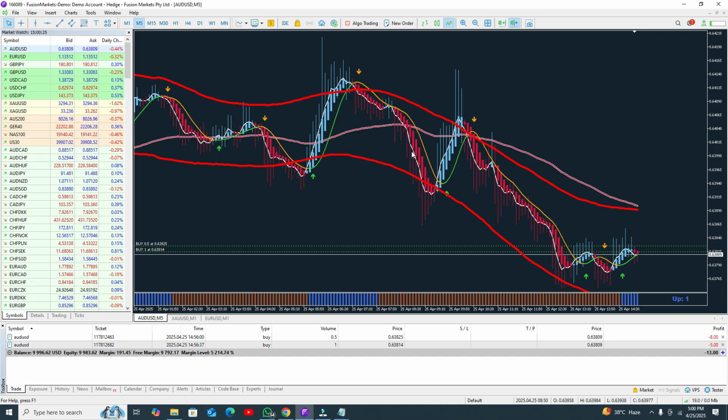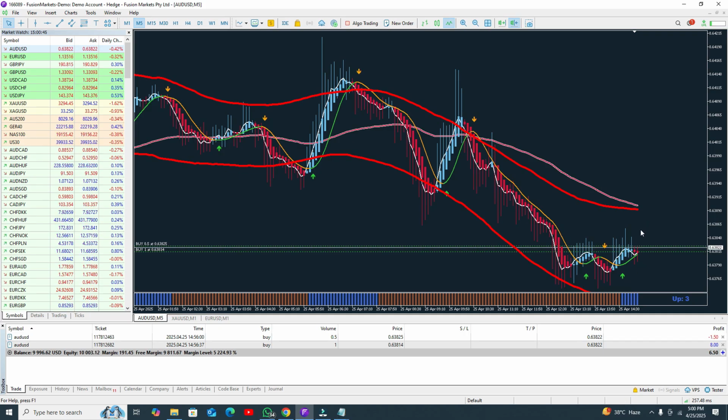Another thing, here you can see the candles are again not in the blue color, so you need to open one more position from this point, and close your trade here. Now you need to go for the buy trade and close the trade when the candle touches the upper band line. Okay, you need to close your trade.